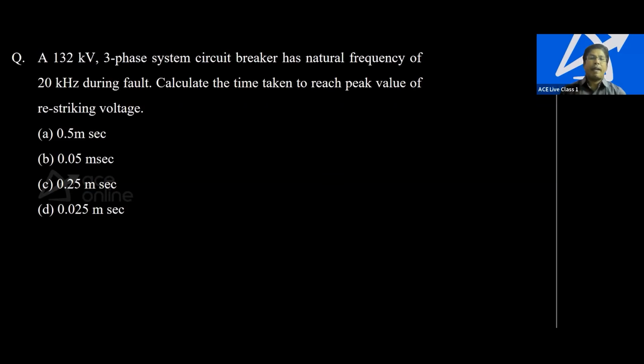The restriking voltage will be maximum when omega t is equivalent to pi. What is the restriking voltage equation, students? The restriking voltage equation is the active recovery voltage into 1 minus cos omega n into t. Whenever omega n into t is pi, 1 minus of minus 1, it will become 2, so that it will become maximum. 2 times of AR is the maximum. Therefore, restriking voltage VRES is maximum